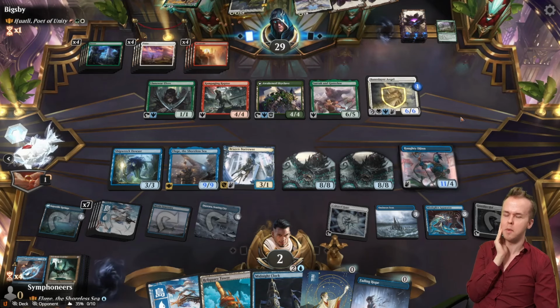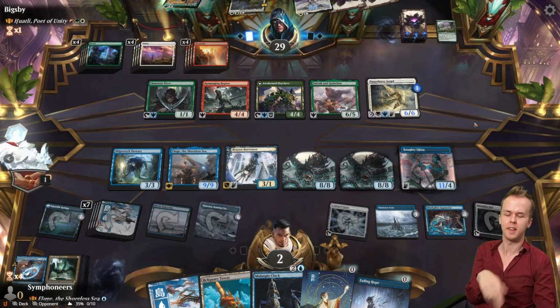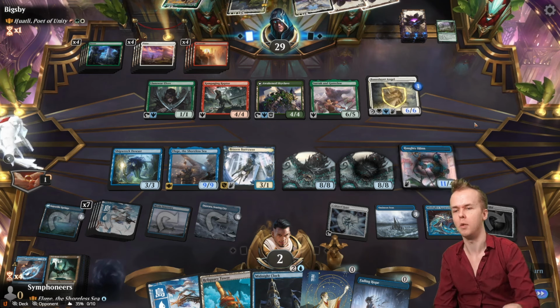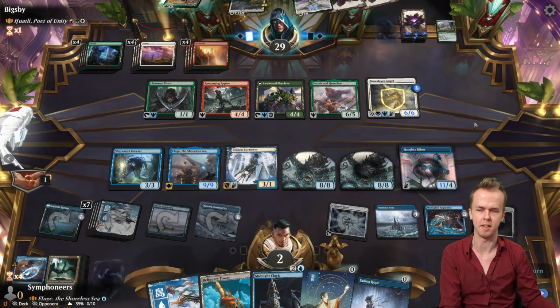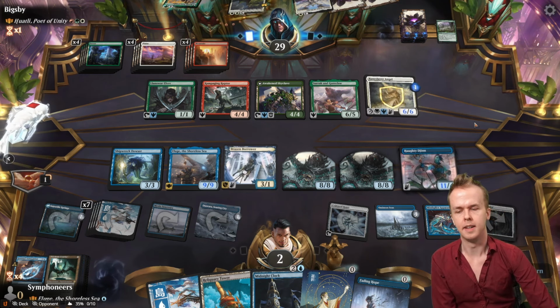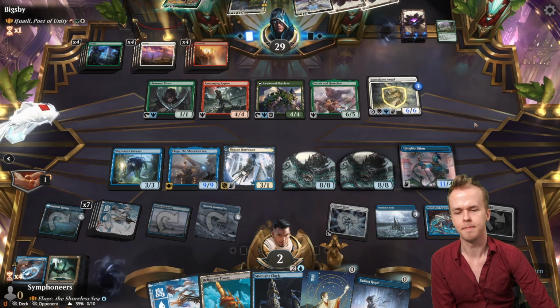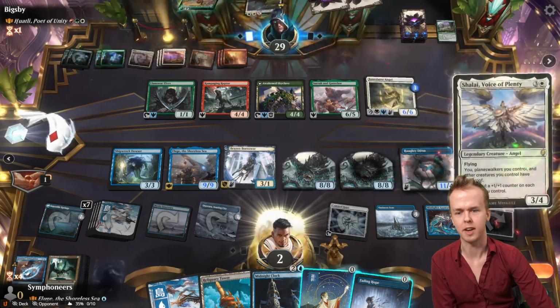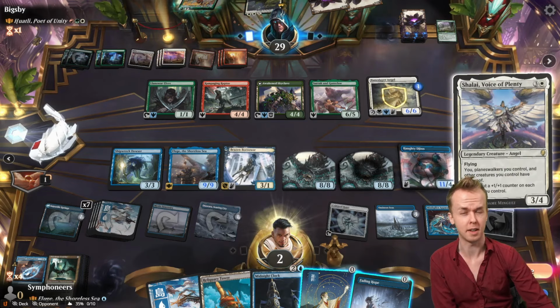Because that would leave us 2 open on the ground, or they'd be able to force lethal if they figured out what we're holding up, or what our plan for surviving the turn is. We are just drawing a Psychosis Crawler, which is not great. We kind of have to rely on